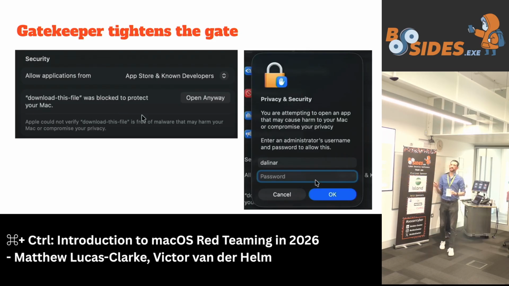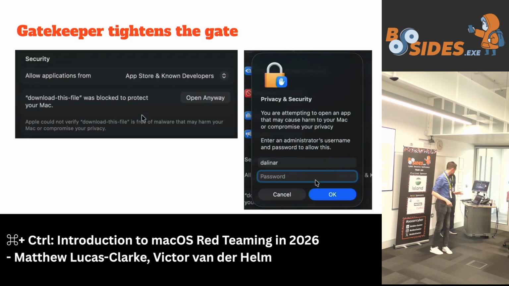I want to pause here for a second just to point out how interesting this is. So that file, from a traditional Unix file permissions perspective, is just the user's file. They're perfectly capable, from that technical level, of just removing the quarantine attribute themselves. That's not an administrator action. But what Apple have done here to try and put roadblocks in front of attackers is require administrator credentials to do it in the pointy, clicky, GUI way.